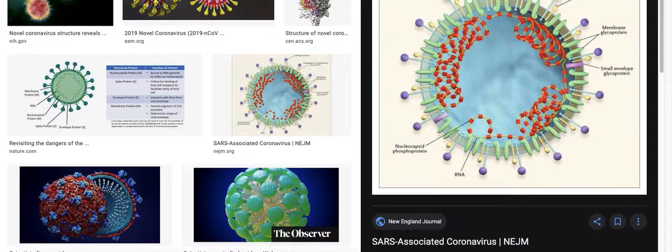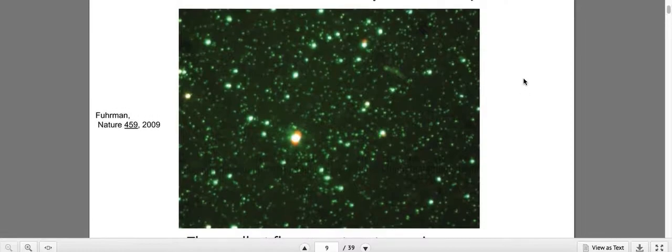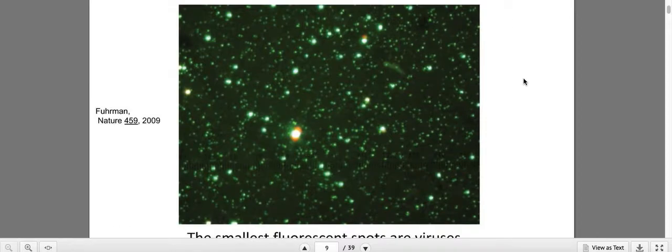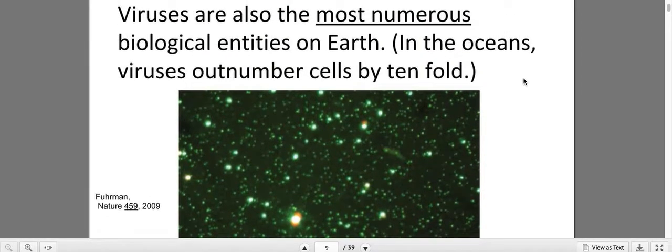So, first thing I'm gonna introduce is just to give you some context as to what viruses are compared to our normal cells, and how amazing they are in their diversity and in their numbers as well. It is kind of scary, but at the same time, not all viruses are bad. We also use them for transferring DNA and stuff, so they're very useful in the science community, and they help us develop. You always need some kind of rival to help you develop. Cells need that as well.